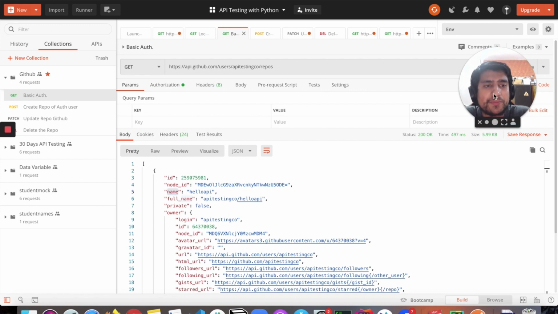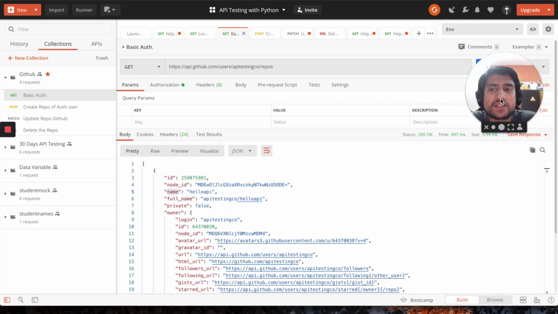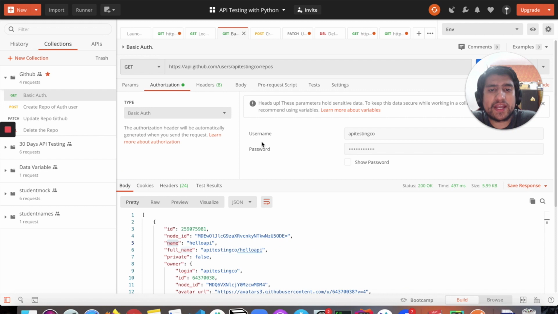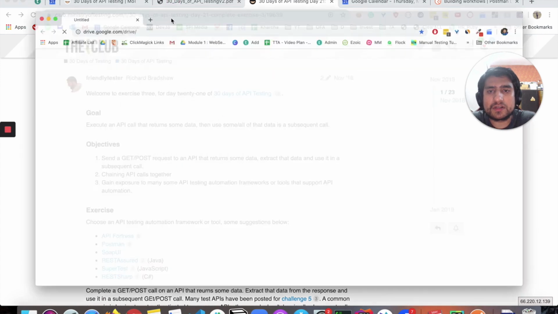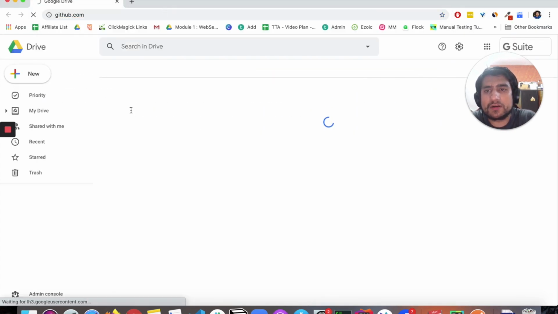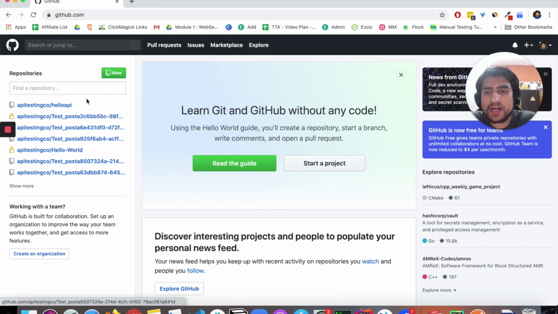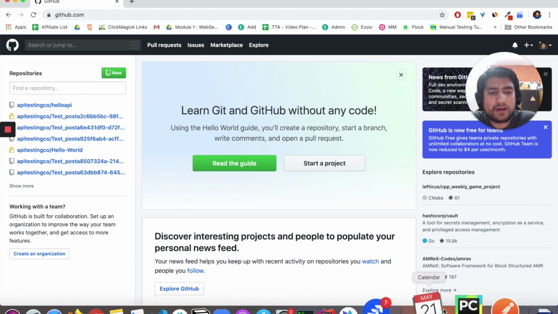Let me go through this API first so that you can understand. It's a GitHub V3 repo API. You have certain authorization where you can use your username and password, so go to github.com and create a username and password. That password can be used, and the authentication we are using is basic auth as of now. If you hit this URL with the repos, let me show you how many repos I have. I'm going to search GitHub here. I have lots of repos already created.